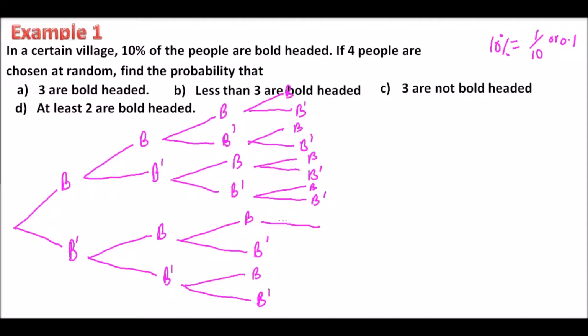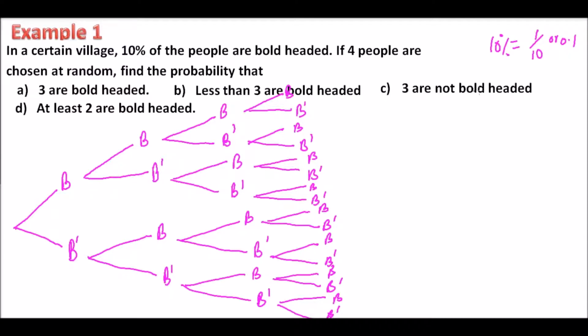Then we have this one, bold-headed or not bold-headed. Then we have another one, bold-headed or not bold-headed. We have this other one, bold-headed or not bold-headed. And lastly, bold-headed or not bold-headed. So these are the 4 choices that we have been told, that the 4 people are chosen at random. From there, what remains now is to fill in also the